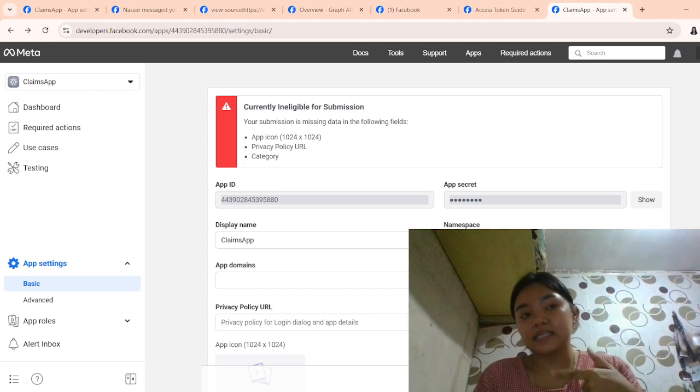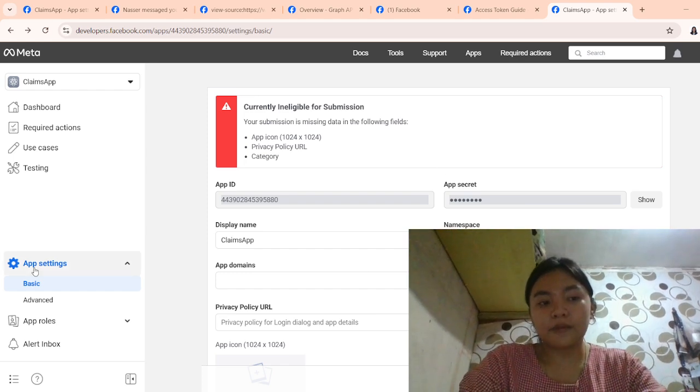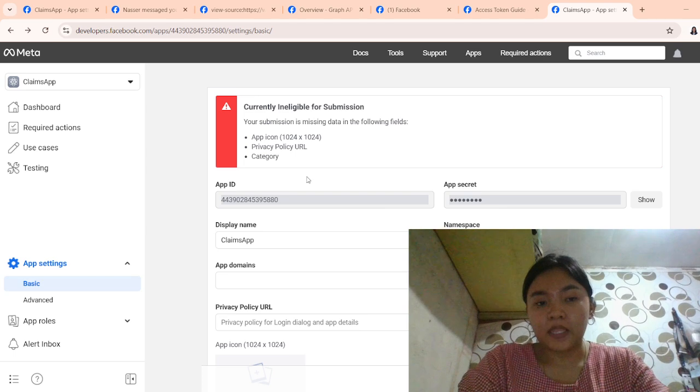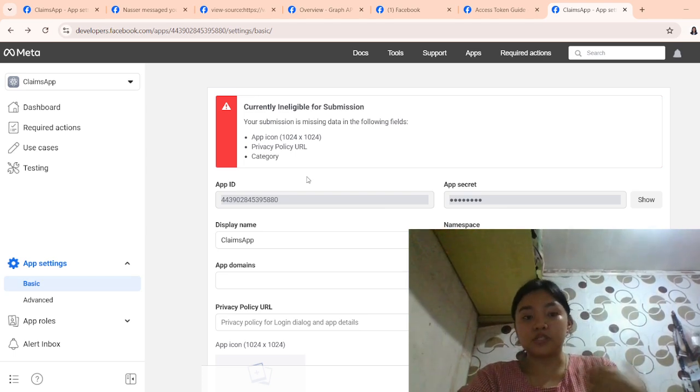In that app, you go to the app settings, then Basic, and it will show your app ID and app secret, which you will need in your Postman.